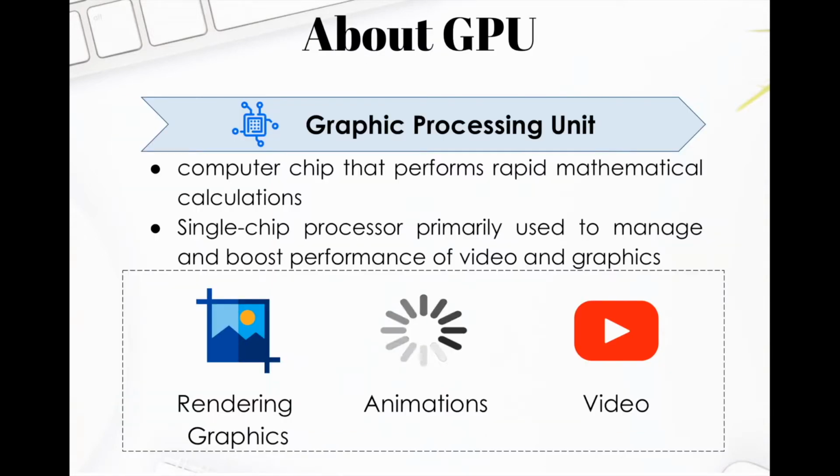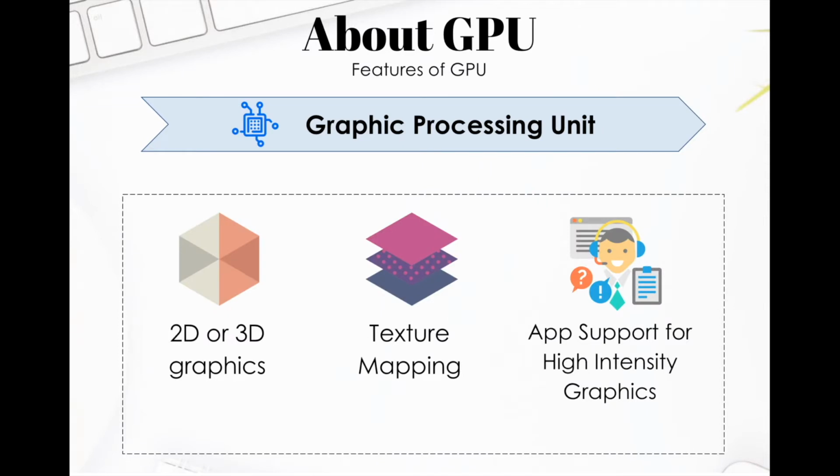So what is Graphic Processing Unit? GPU is a computer chip that performs rapid mathematical calculations, primarily for the purpose of rendering graphics such as financial modeling and scientific research, animation, and the video for the computer screen. And it is also a single chip processor primarily used to manage and boost the performance of video and graphics. So the features of GPU include 2D or 3D graphics, texture mapping, and app support for high intensity graphics such as